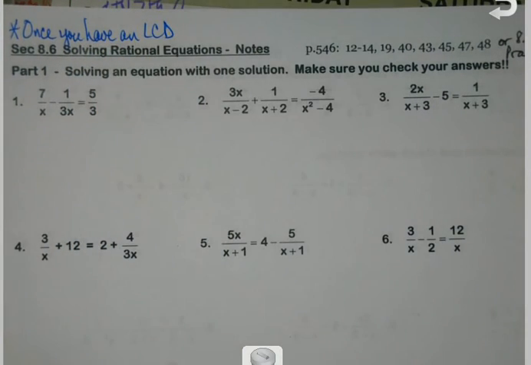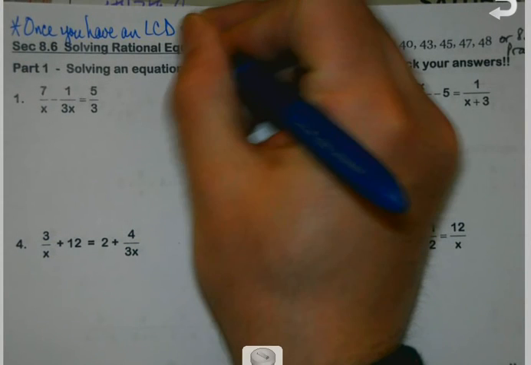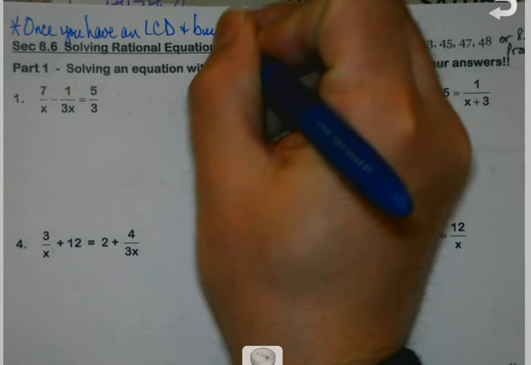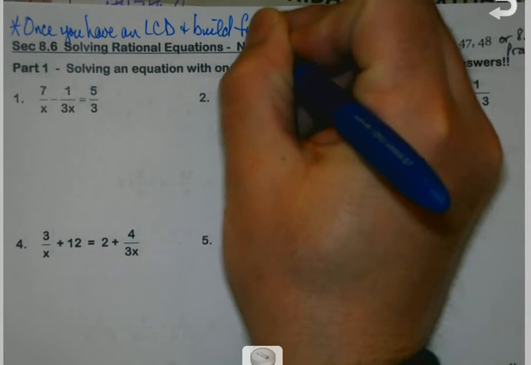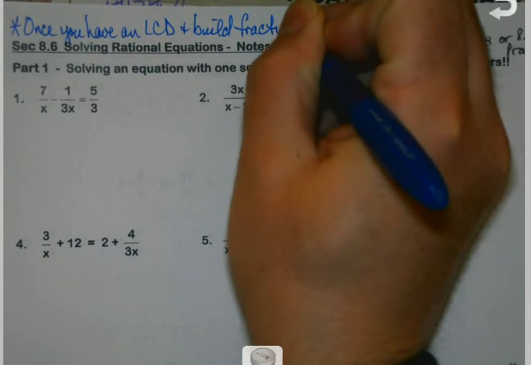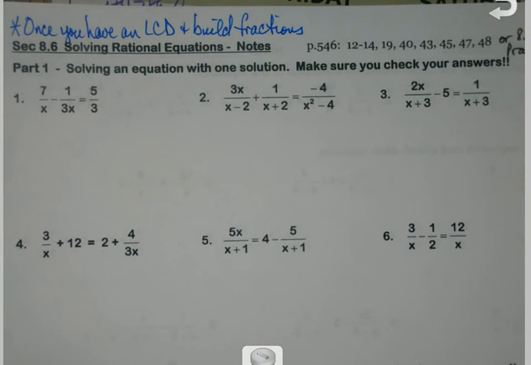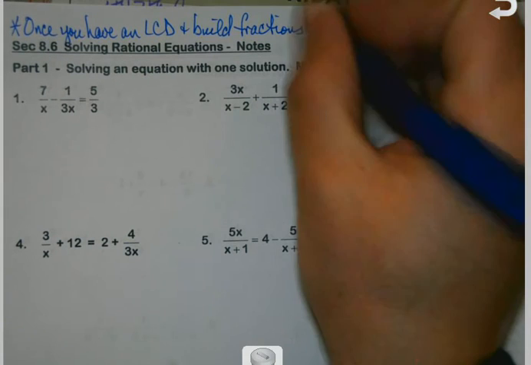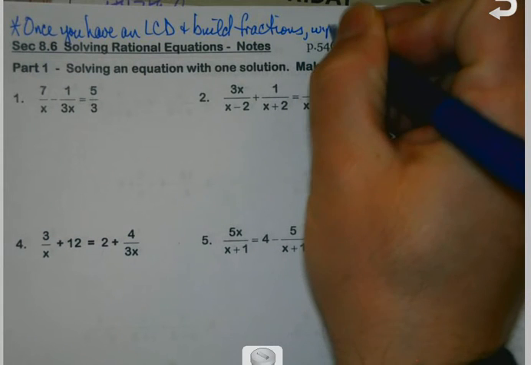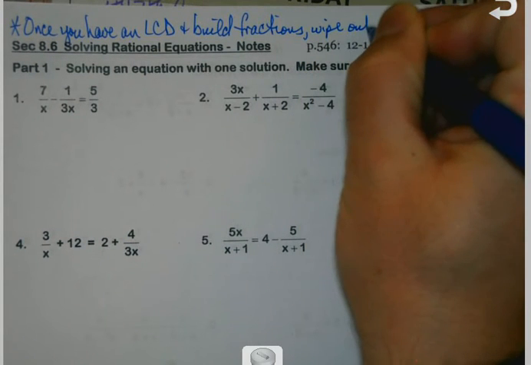All right, so once you've got an LCD, a least common denominator, I guess I should put an A, because this doesn't start with a vowel, but that's okay. So once we have an LCD and build our fractions, and there is one other way around this, but I'm still going to have to find that least common denominator or multiple anyway. So once we have that, once we build our fractions, we're going to wipe out the denominator